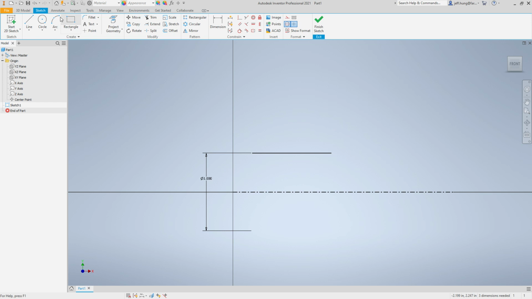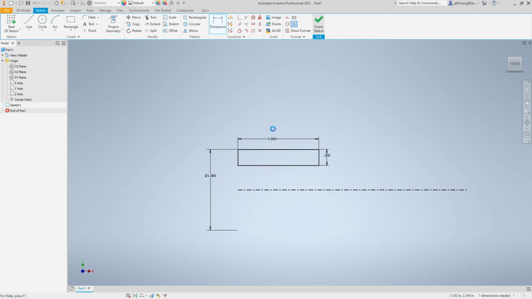I'm going to delete this. I'm going to create the rest of it. Again, I should have deactivated, so let me do this first. Now I know this is, I'm going to dimension everything. So I'm going to revolve it so that the diameter, the outside diameter, is 1 inch. So if I do this,